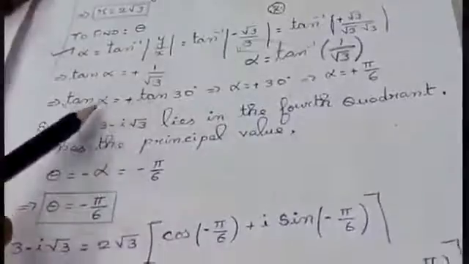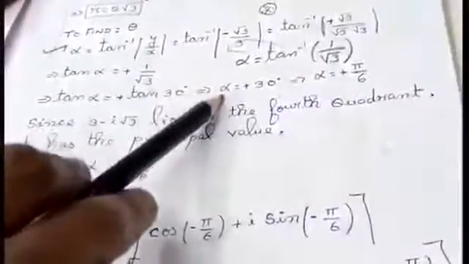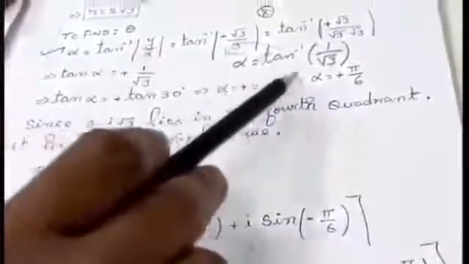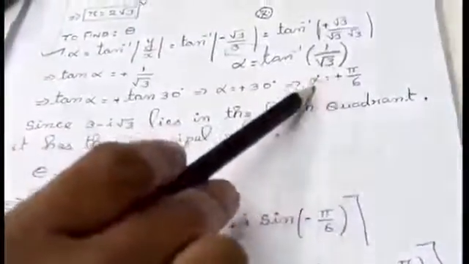You can bring this tan here. If you bring it here, tan alpha is equal to 1 by root 3. Again, I am writing this 1 by root 3 as tan alpha is equal to tan 30 degree. You can do it in any way, or you can find it according to your convenience, no problem. What is the value for alpha here, students? The angle is 30 degree. This 30 degree is pi by 6. Alpha is equal to pi by 6.